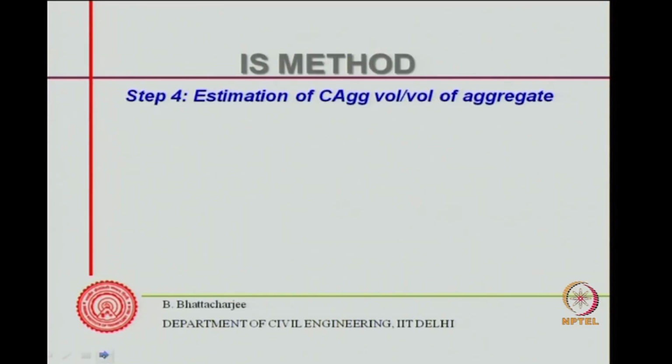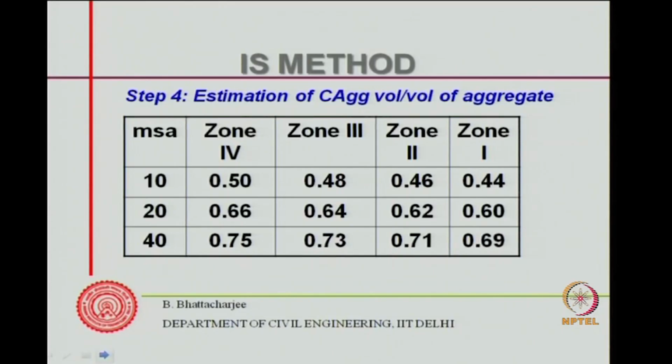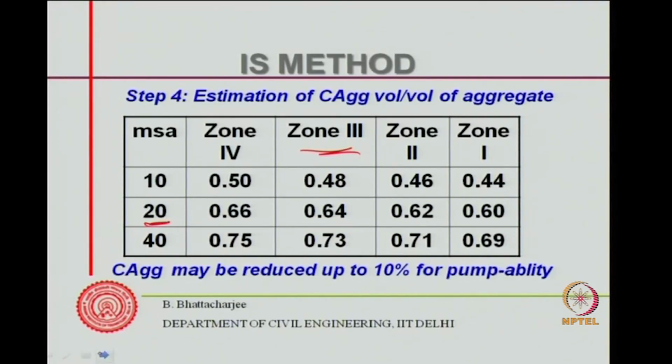Now we got our water content, and we have also got our water cement ratio. We will come to this later on. Now from table 4, we can estimate the coarse aggregate volume in the total volume of aggregate. And we said that our sand was zone 3. So this is our zone 3 sand. We are using MSA 20. Therefore this will be